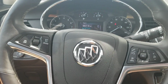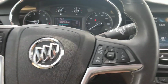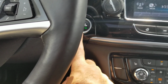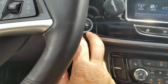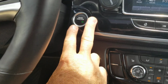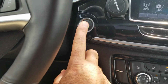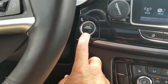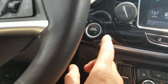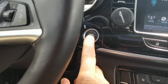Another thing that I didn't like so much about the car is I'm really not into these on-off start buttons. And I'll tell you why. They're in a lot of the new cars, so you probably don't have much option here. The engine on, off, start, stop: you have to put your foot on the brake and start the engine by just touching the button. Well, that's run by a relay, and